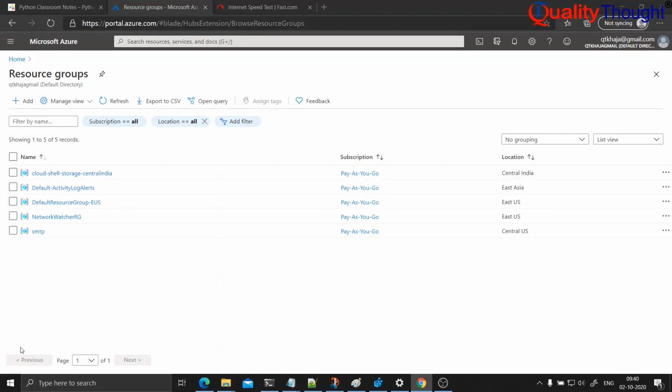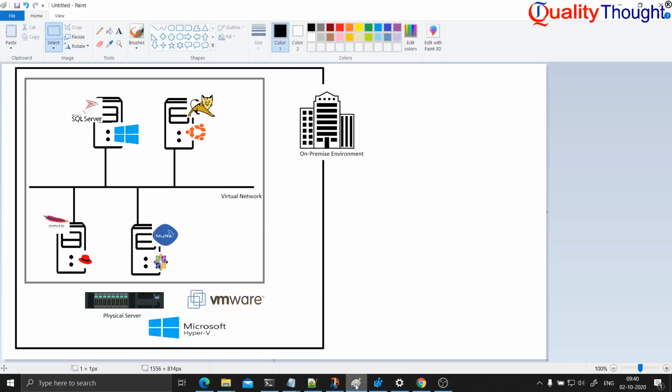Okay guys, in this video we will try to create an on-premise environment. We will be using this environment for migrating servers from this on-premise environment into AWS or Azure. Since we might not have the benefit of having a lot of servers available at home, I'll be simulating this environment which you are seeing on the screen in Azure and in a Hyper-V environment. So let us get started.